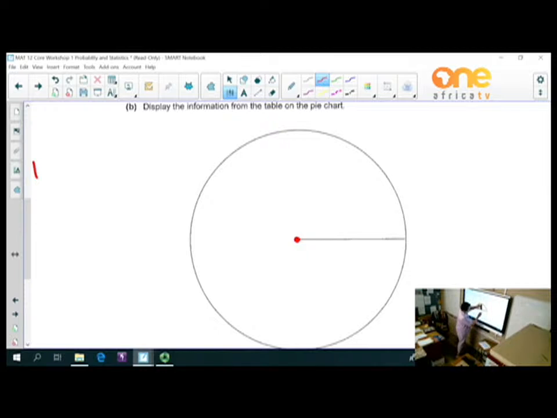So I put the 0 of my protractor here. Now when you measure, make sure that you start at 0 because you will see there's two measurements given, 0 and 180 degrees. And I must start at the 0. So the 70 degrees will be there. So this is then 70 degrees. Then you draw. The next one is 80 degrees. Now I have to turn my